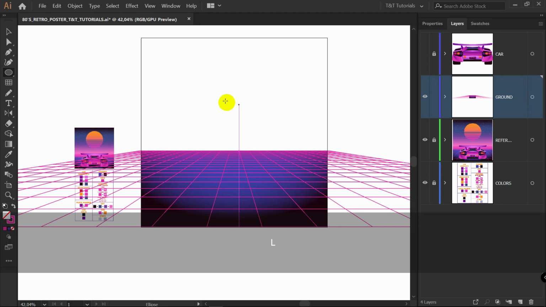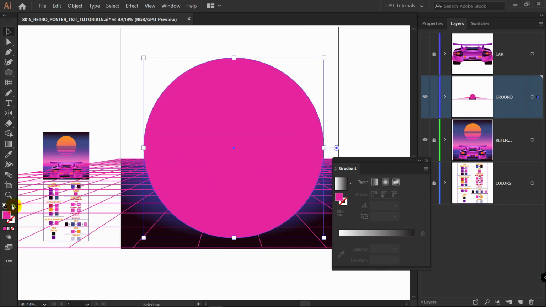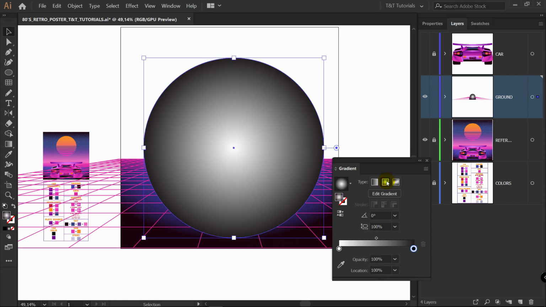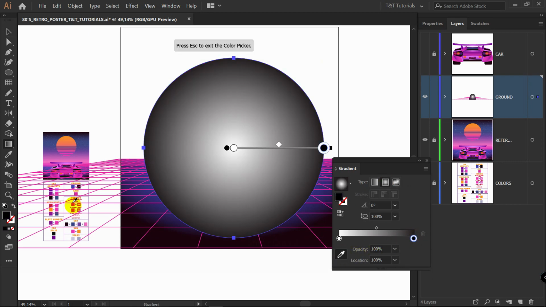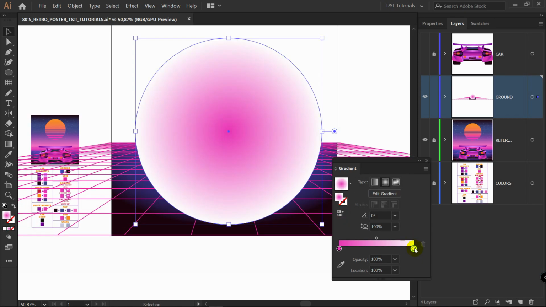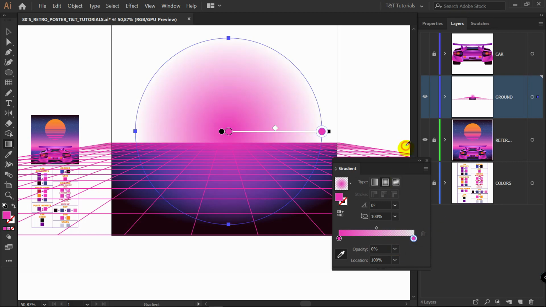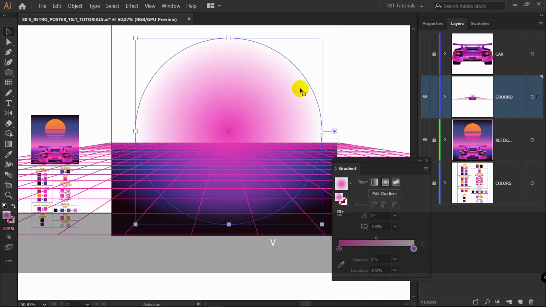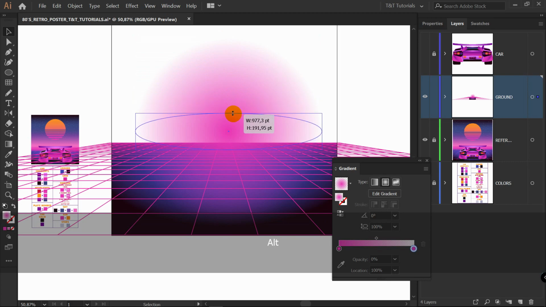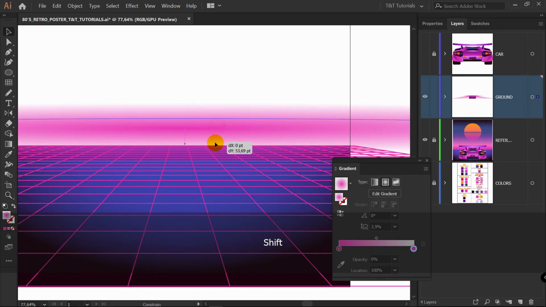L for ellipse tool. Draw ellipse like this. Click here to swap fill and stroke. Select radial gradient. For this marker, pick this color. I will click reverse gradient. Now pick this gradient slider, pick the same color, and change opacity to 0%. Now V for Selection tool, change proportions like so, zoom out, place it here,